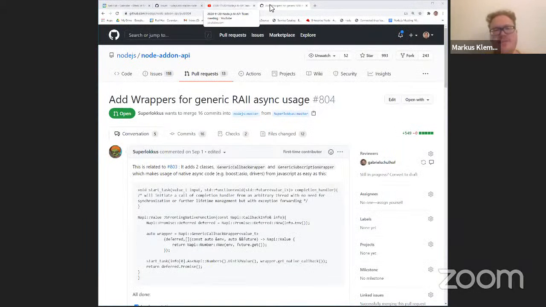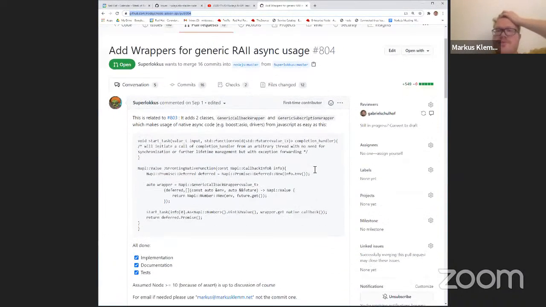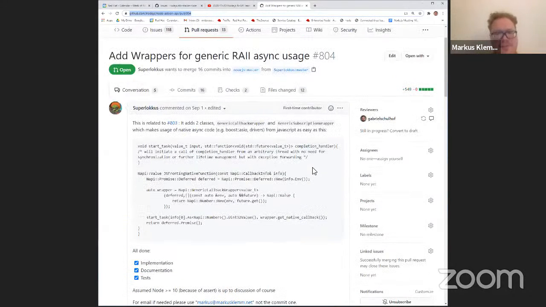last week. I already talked to Gabriel, and he already reviewed my pull request. It's number 804. And this all started when I tried to use NAPI, and I'm using NAPI for a whole Electron.js application. I came across some issues even with the C++ wrapper. That started with the discussion in issue 231, which is closed already, which was about the shortcomings of async worker,